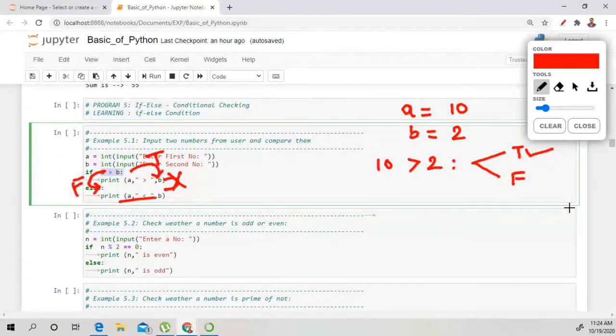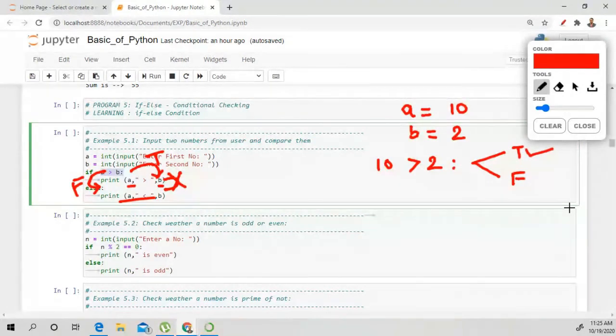So what is the output for this program? Write in chat box. What is the output for this program? Print statement. So we have written a, inverted commas, greater than symbol, then comma b. So two variables.